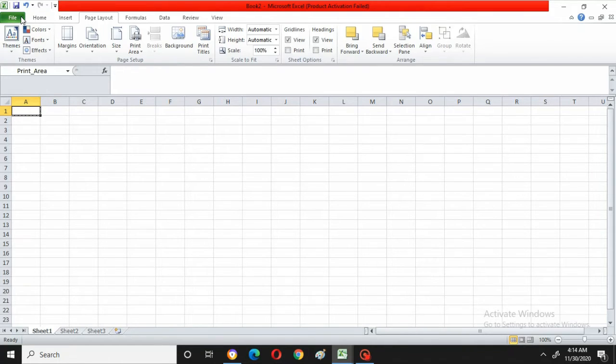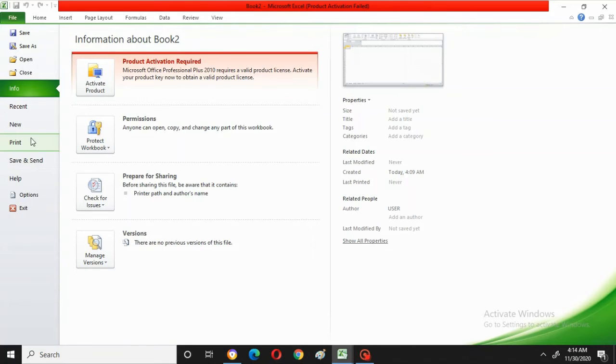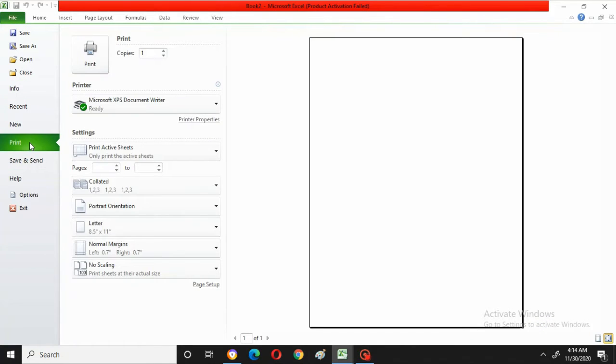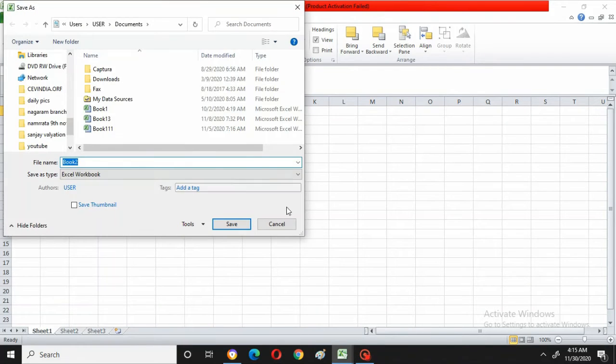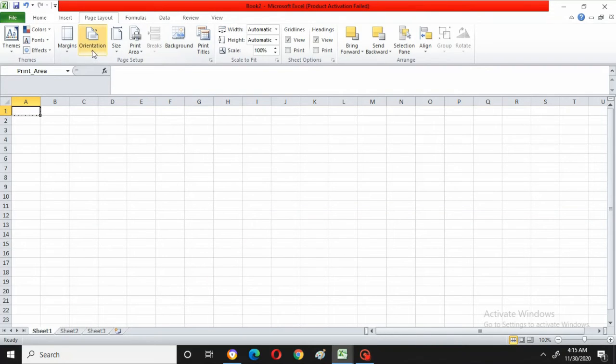Now we will go to File and see how much it will print. Nothing is showing, because I didn't type anything there. So again we'll go back and choose Print Area, Clear Print Area. It is showing some page breaks or margins on the sheet, but nothing else. That means without data it will not show anything, it will just show the page, that's it.